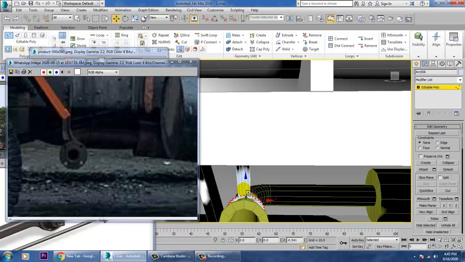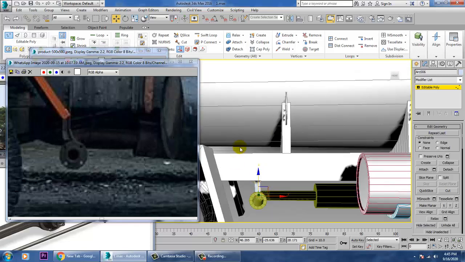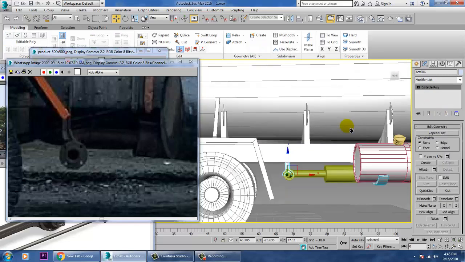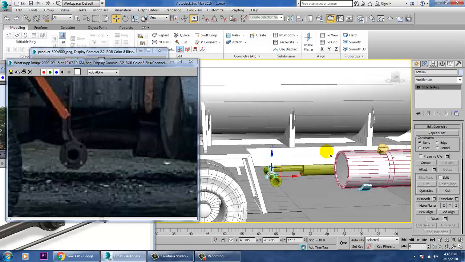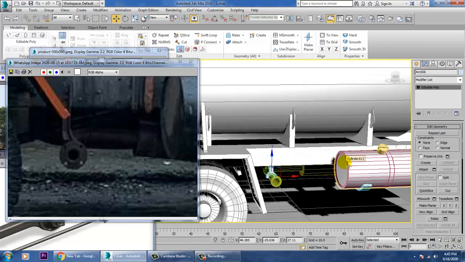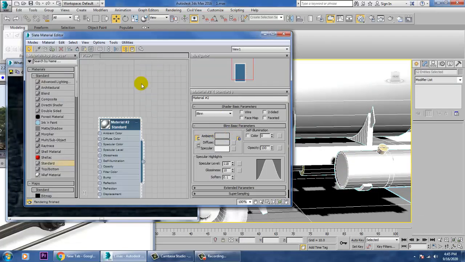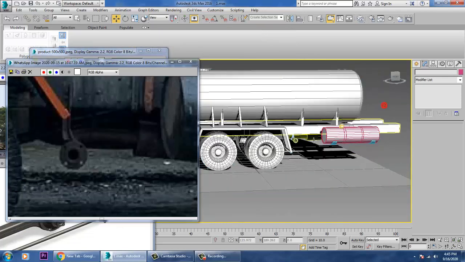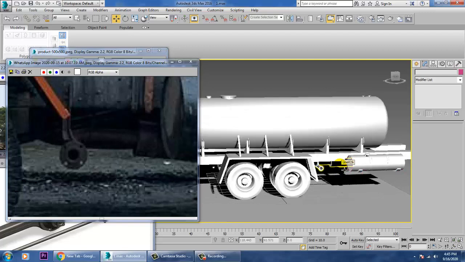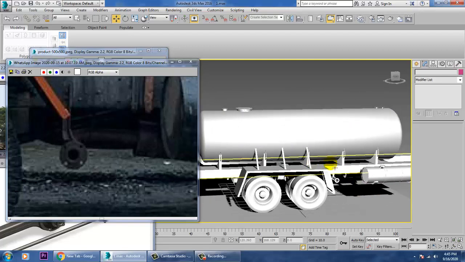Push it. Alright. So once you're done, we'll just give a color to it over here. That's it. So save your file over here.